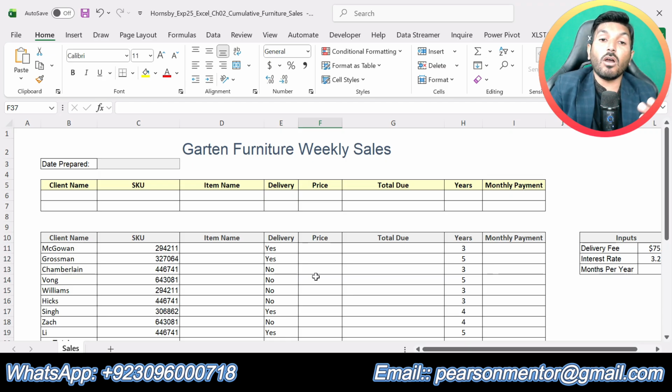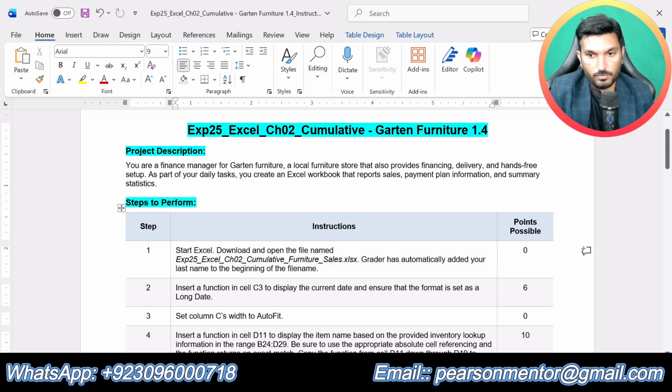We will apply all the instructions to this workbook and make it final for submission. I have already downloaded this workbook from the Pearson dashboard, and you can also download it from your course dashboard. Step number 1 is just talking about downloading this workbook. There is nothing else to solve in step number 1. So now let's move to step number 2.